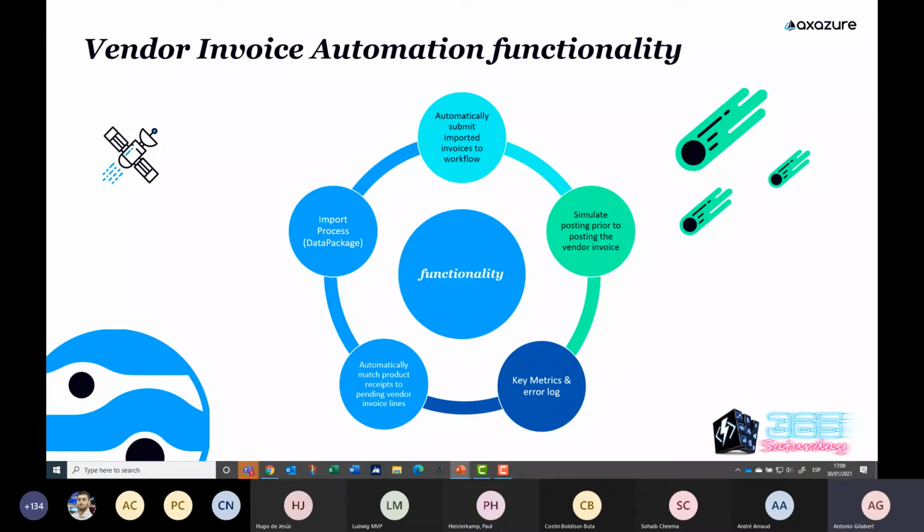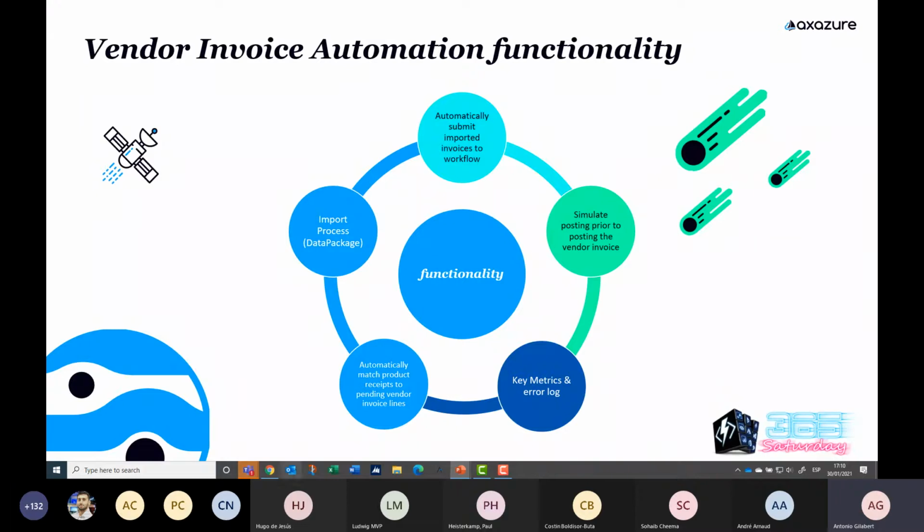How many invoices have been imported properly? How many invoices couldn't be imported, and why? What is the reason? Which error? We are going to see in the product, and it's really easy to understand, that this workspace functionality enhances the integration process a lot.